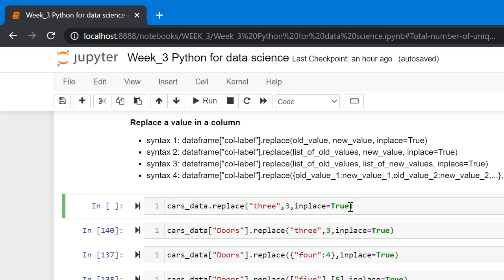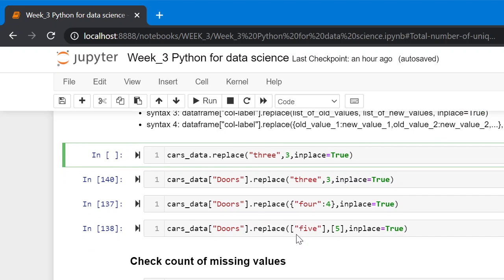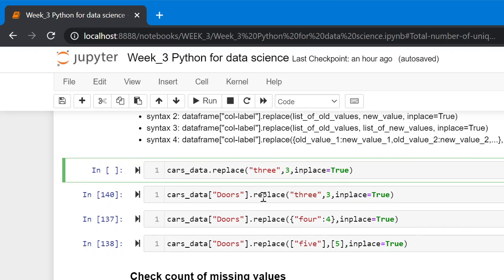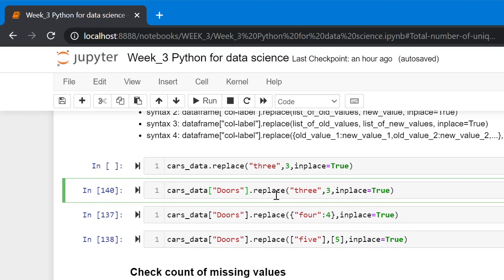The inplace=True argument allows us to update the same data frame. Here in this example, we are updating the doors column where the string 3 is updated by the number 3.